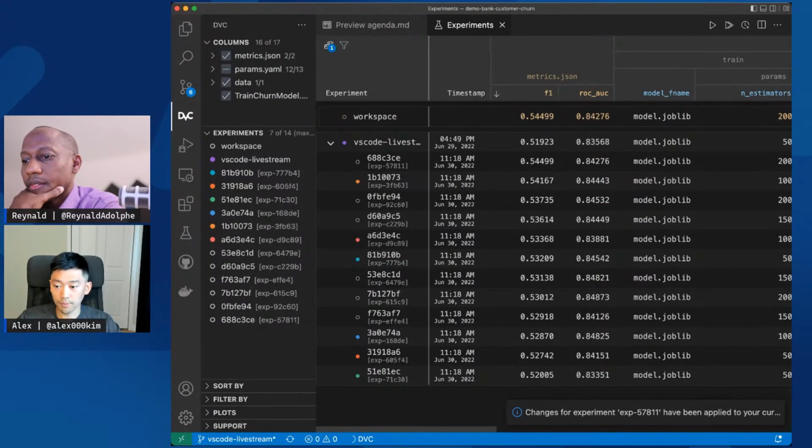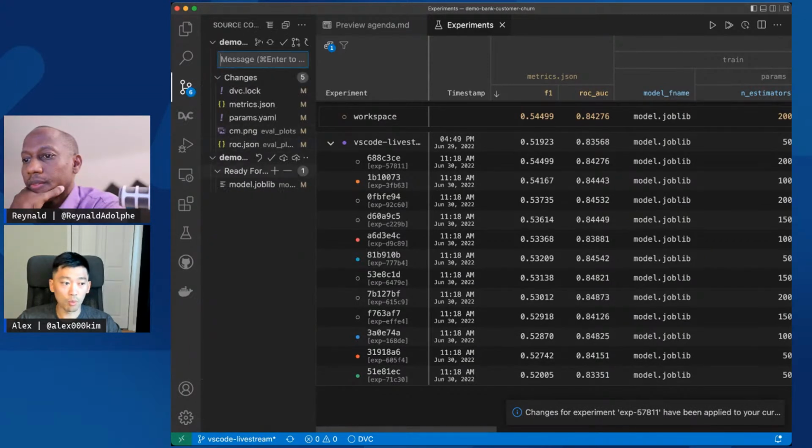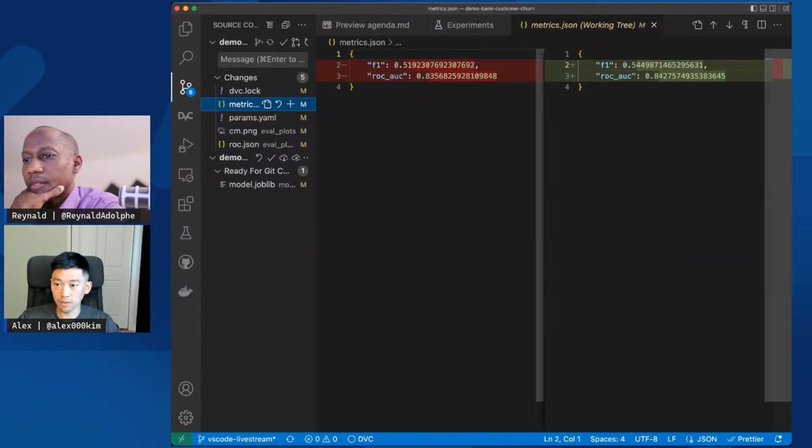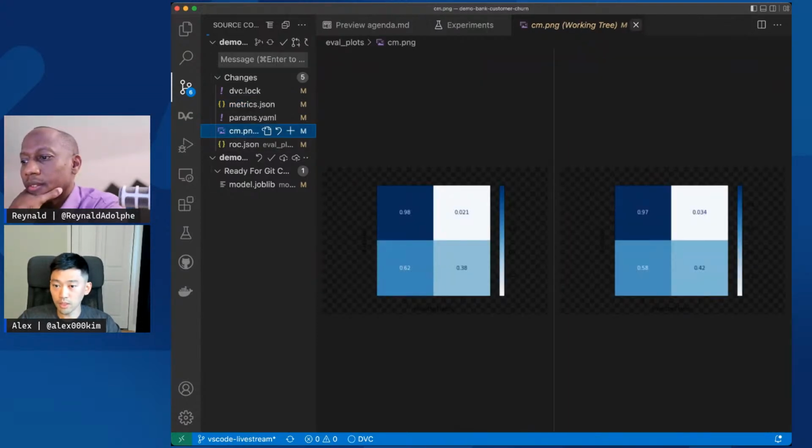If I do that, my local workspace gets reset to the same state that it had when it ran this experiment. What I mean by that is all the code and all the parameters get reset to those values, as well as my metrics. Basically everything, all the visualizations.